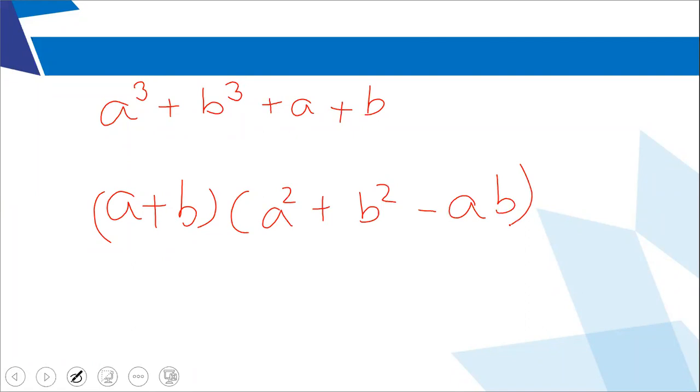I don't think even this is the right answer. Okay, keep your audios off. Toshit, you completed. Is there any mistake in the answer? Ma'am, it's a plus b in one bracket, and in another bracket there is a square minus ab plus b square plus 1. Very good. Excellent.